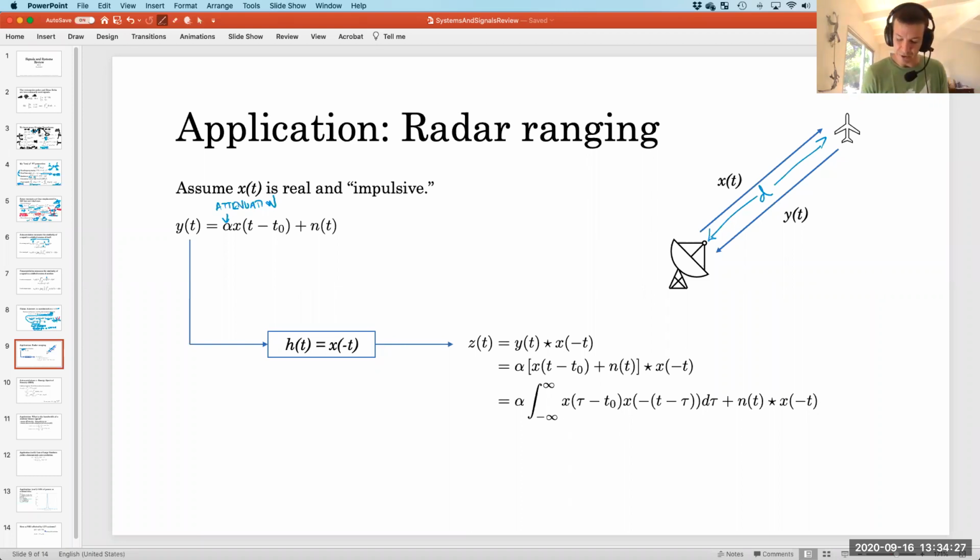Okay, so do you buy the claim that the received signal is going to be a delayed copy of the sent signal, where I don't know T naught, or T naught depends on the distance, alpha depends on the distance, and the received signal is also going to be corrupted. And the corruption I'm going to call N of T for the noise that we get. So if you buy that, and there are other assumptions that I guess I haven't stated, mainly that there is an